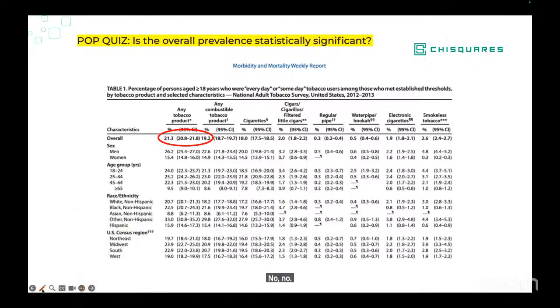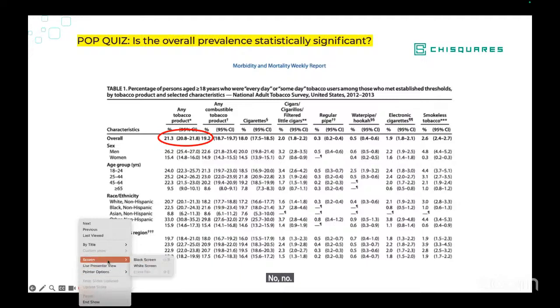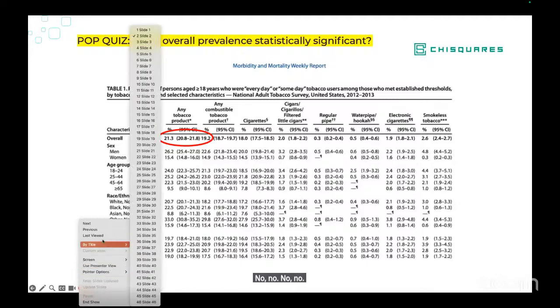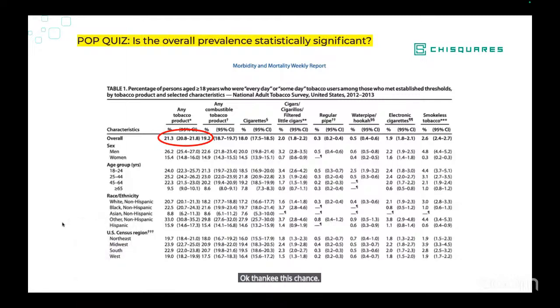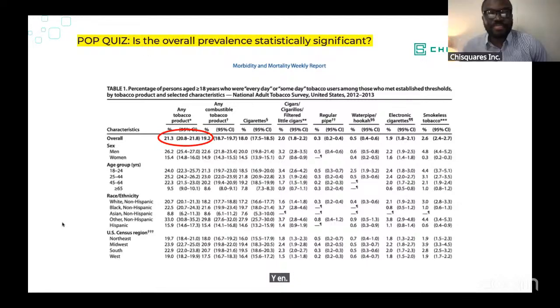So in the meantime, Michael or Mikhail. Okay, thank you for giving me this chance. I would say we can't say significant or not significant as far as we don't know the p-value. So it is not determinable as far as the p-value is not given. Okay. All right.